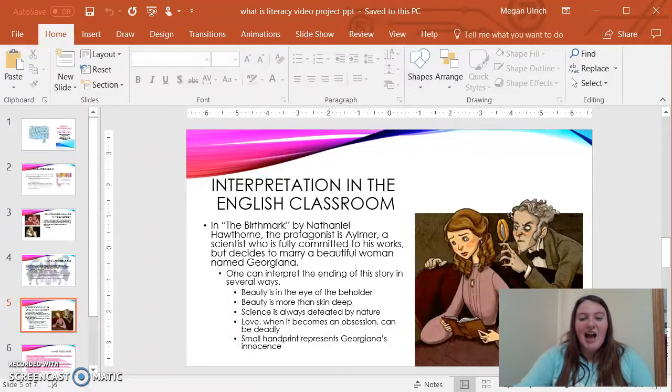One: beauty is in the eye of the beholder. Every other man thought that Georgiana was simply beautiful, and they even thought that the handprint enhanced her beauty, but her husband decided that she was no longer beautiful because of it. Another one could be that beauty is more than skin deep. Georgiana was not only beautiful on the outside, but she was beautiful on the inside, to the point that she allowed herself to be killed by her husband, unintentionally, but still, she loved him so much that